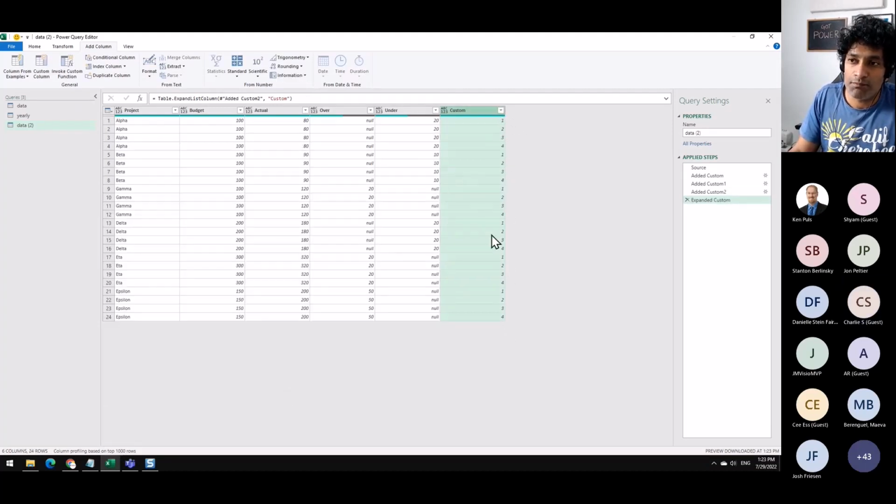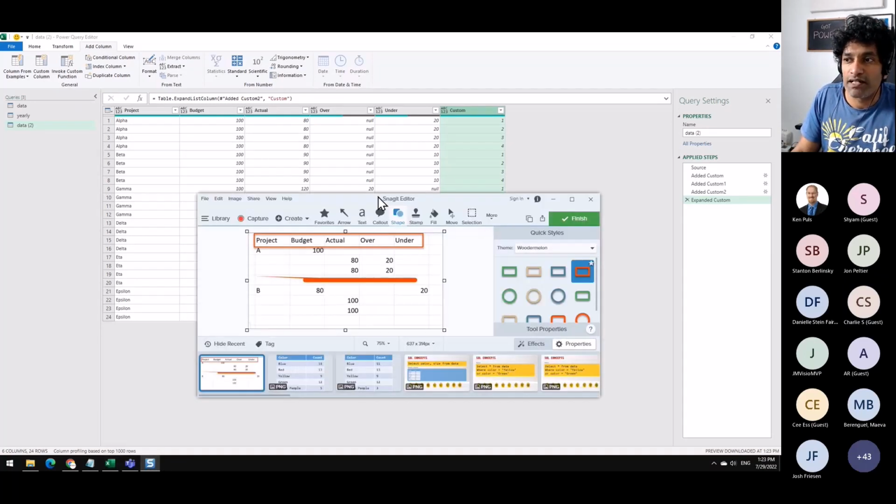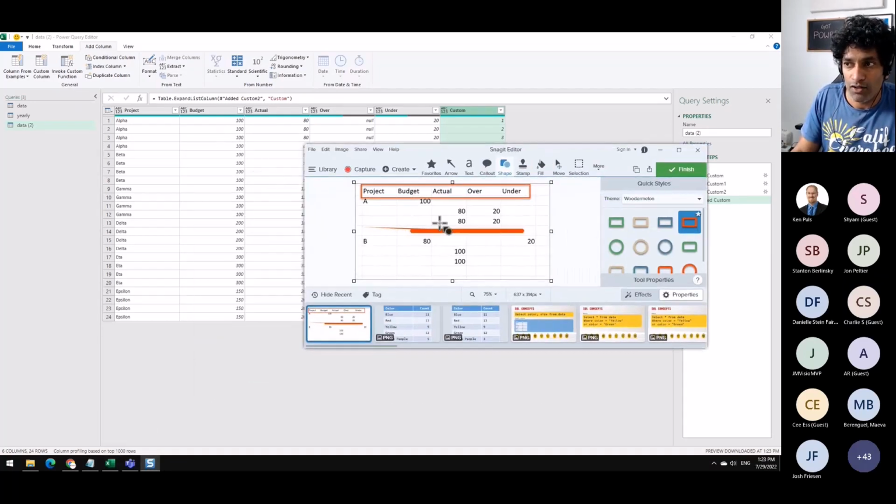But the problem with this approach is it's going to duplicate the values. Whereas we don't need duplicates, we do need either the value or the null blanks here. So this list approach is not terribly suitable for this. We can use it, but then we will have to do a whole bunch of conditional columns to blank out the values where we don't need them.